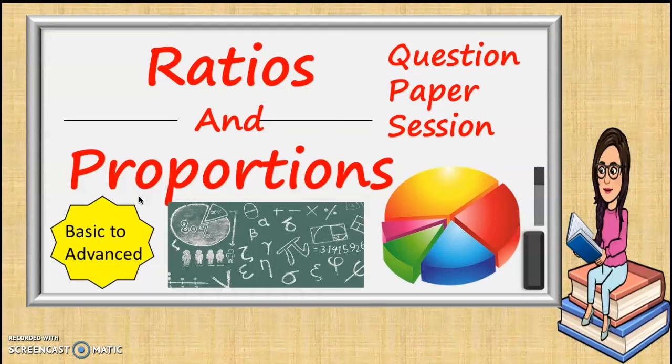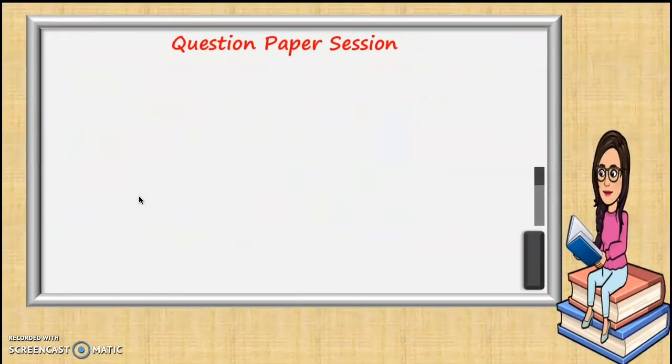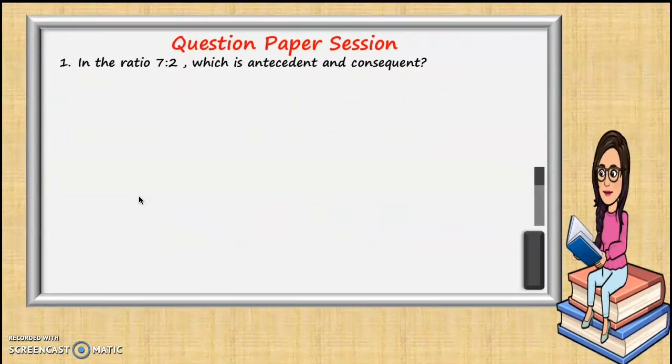And yes, let's start off with the first problem. So be very careful in reading your question. In the ratio 7:2, which is the antecedent and which is the consequent? It's really simple. You have to just mention which is antecedent and consequent. I don't want to give any further hint because the answer is already told. Second problem, express 20:10 in its simplest form. Simplest form is where you divide and bring it to the simplest form possible so that you cannot simplify anything further. So that is about this question.